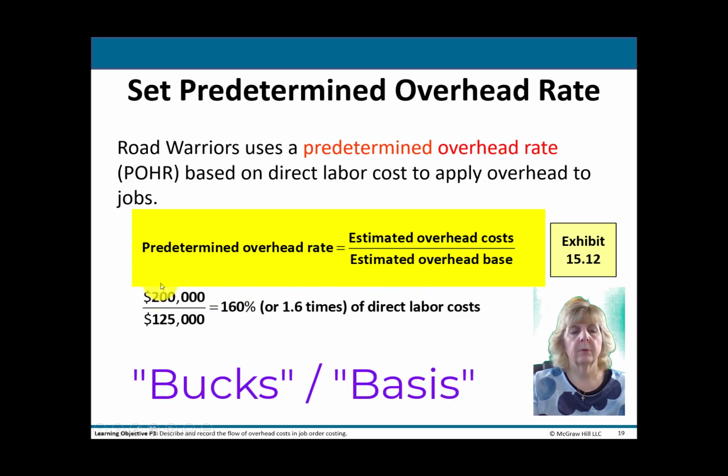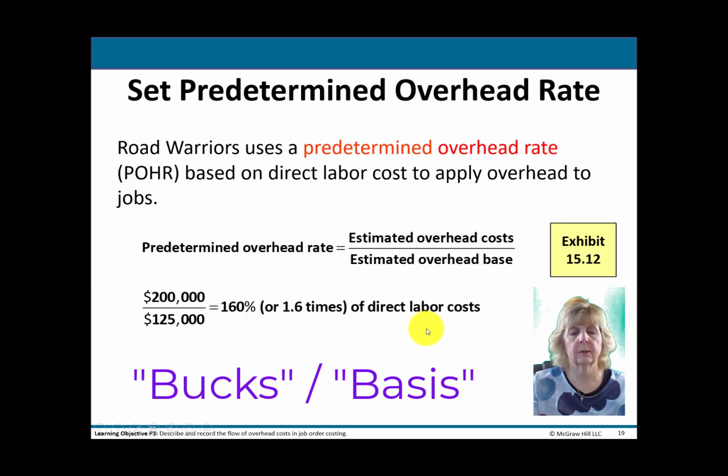In this example, they estimated their overhead to be $200,000. They estimated their basis to be direct labor dollars in this case. So when you take 200,000 and you divide by 125,000, they came out with a rate of 160% of direct